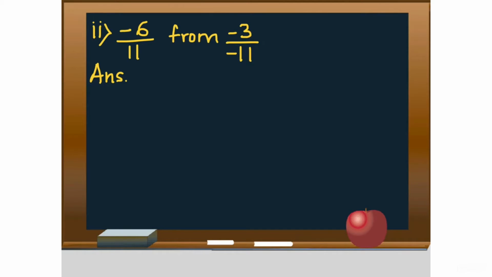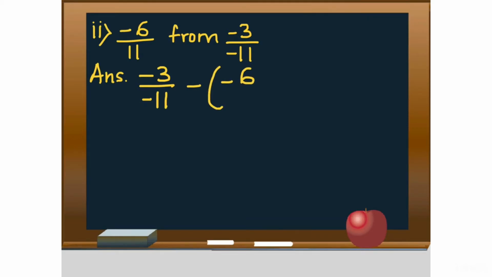Now let's look at the second question. Subtract minus 6 by 11 from minus 3 by minus 11. Remember that we will write minus 3 by minus 11 first. So, minus 3 by minus 11 minus